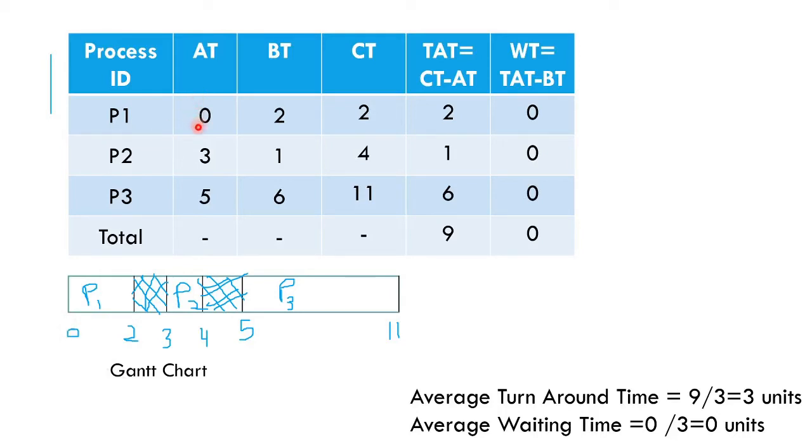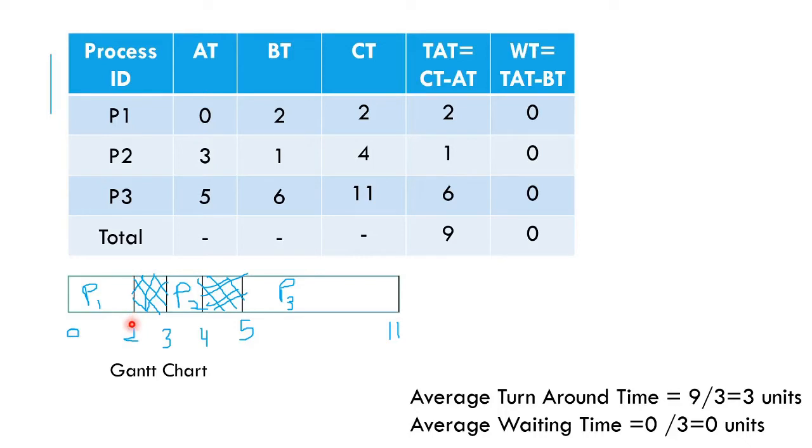At point 0, P1 had arrived. So at 0 seconds the P1 process had arrived. Now it is going to take 2 units of time for execution on the CPU, and P1 has completed its execution. I am going to go on writing the timings also. This will help me know which process has started execution at what time and ended execution at what time. That's the reason I'm writing these numbers below. So the completion time for process 1 is 2.